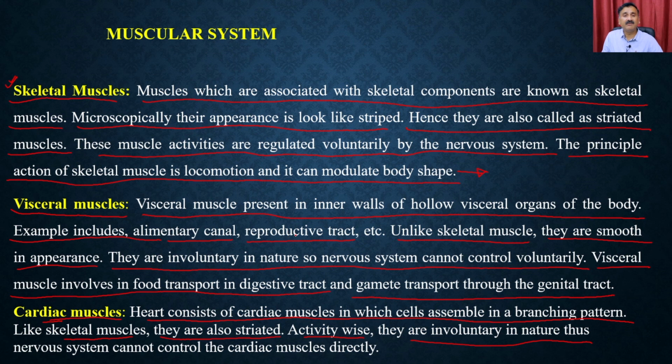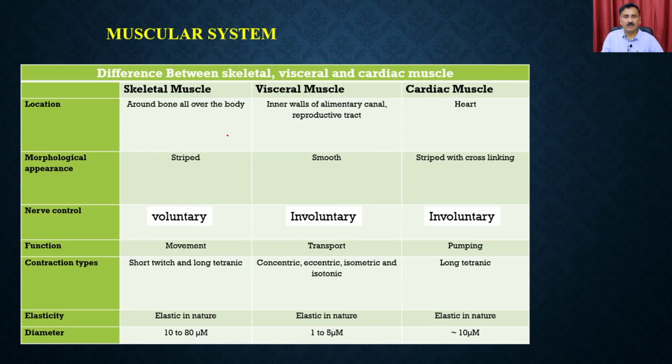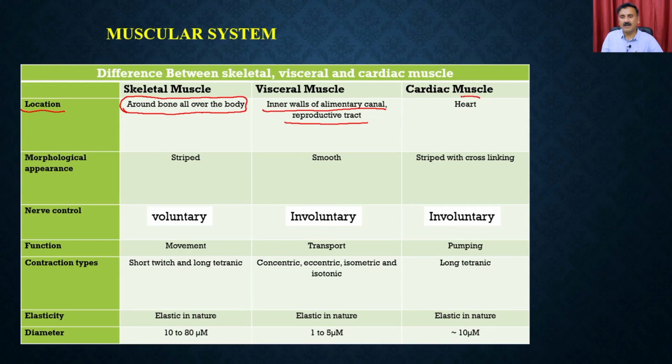have contrasting features, and we can actually discuss them in a tabular format. As far as the location is concerned, we have differences between the skeletal, visceral and cardiac muscles. The skeletal muscles are present all over the body, throughout the body, whereas the visceral muscles are present in the inner wall of the alimentary canal and the reproductive tract, and their main function is to contribute to the movement of food or the movement of gametes, whereas the cardiac muscles are present in